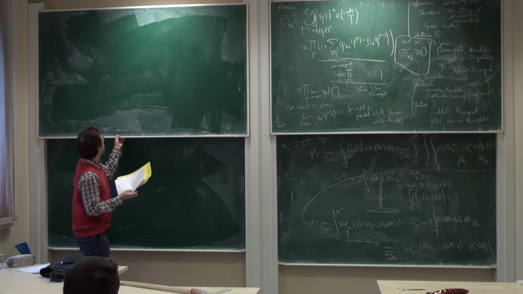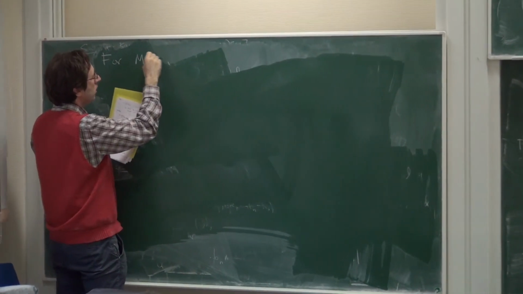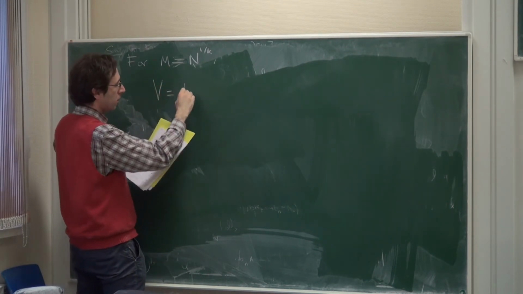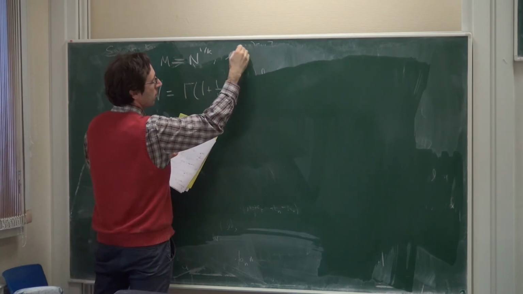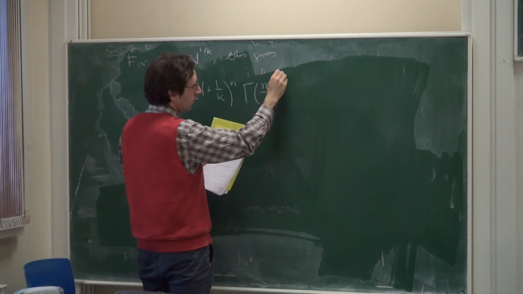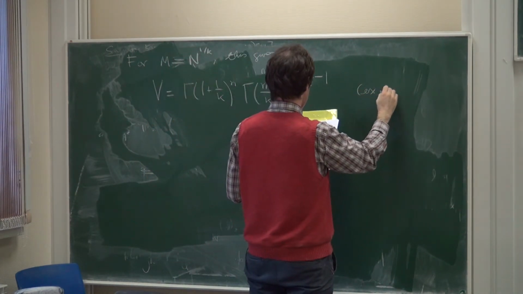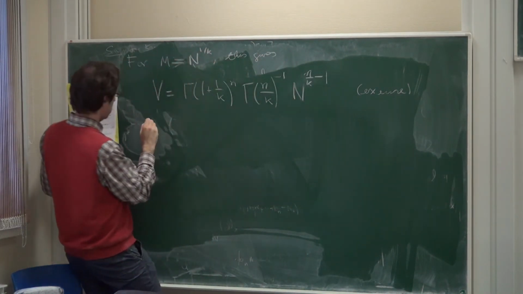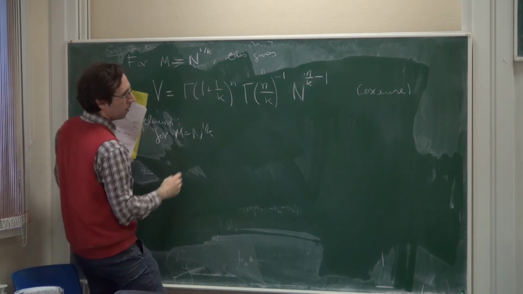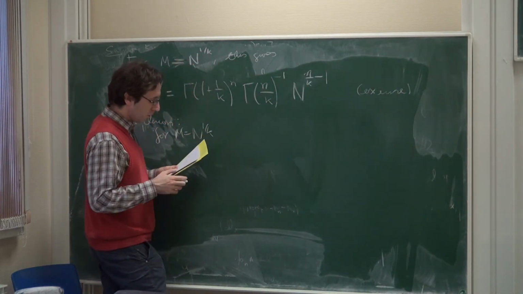But I can say, for m, say m will actually be n to the 1 over k, we get, in fact, that v. This is really also an exercise. It just comes from one of the definitions. So basically you just have to look up one of the definitions of the gamma function. So we conclude. This is not hard, it's just the computation of a surface integral. So for m equals n to the 1 over k,